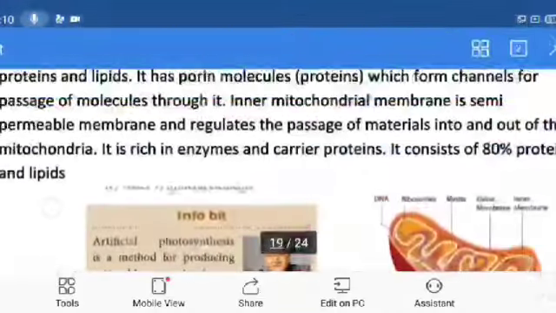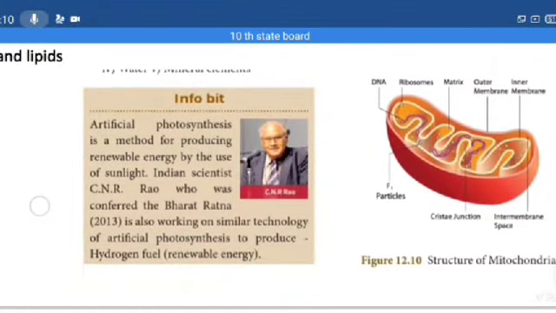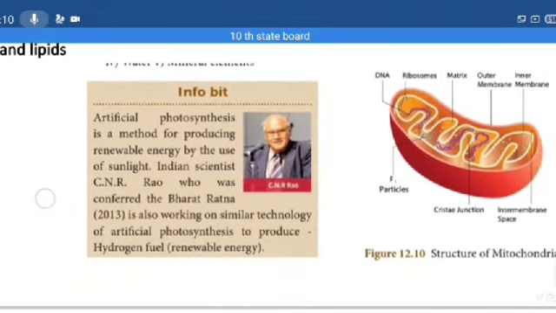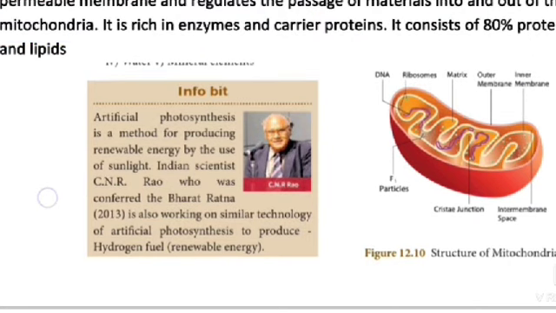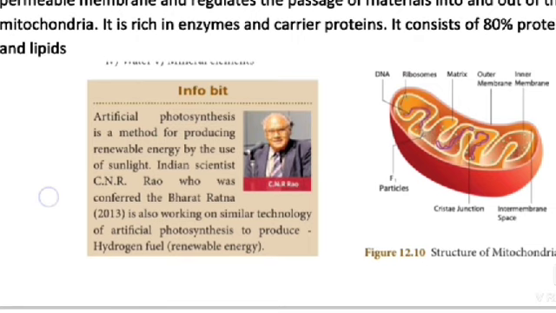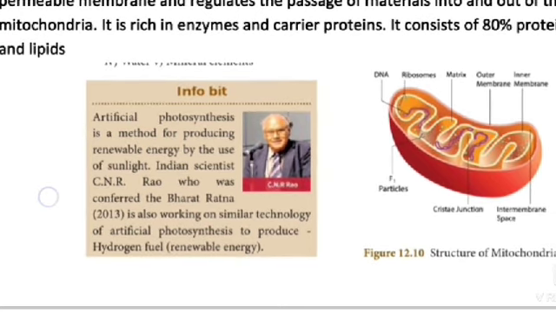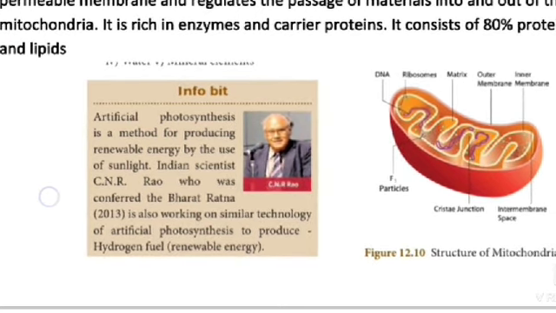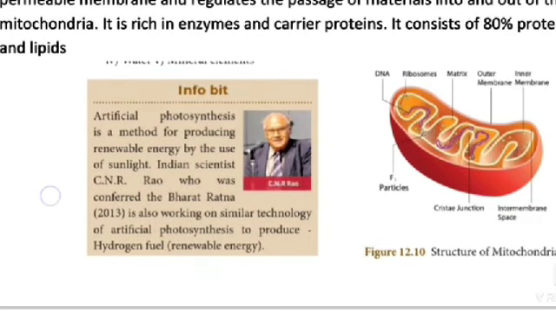See the picture of mitochondria. The inner and outer membrane is there. The space in between is also there. The matrix, the infolding gap, is called the matrix. The finger-like projections are called cristae, and the F1 particle is present. A ribosome is also present. The mitochondrial DNA, or mtDNA, is also present.